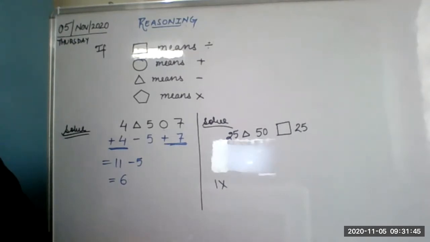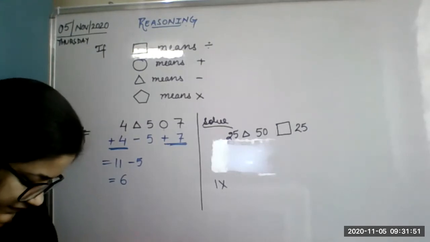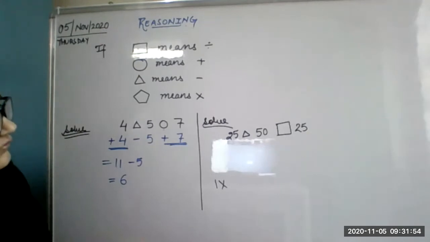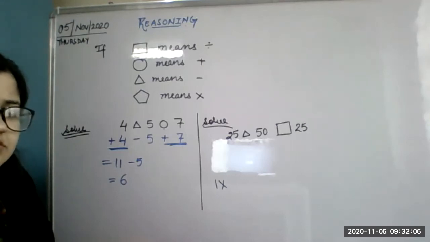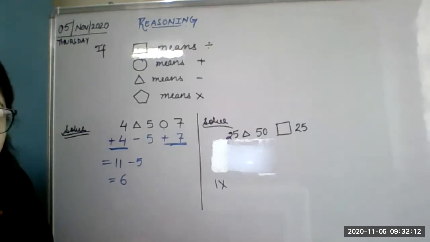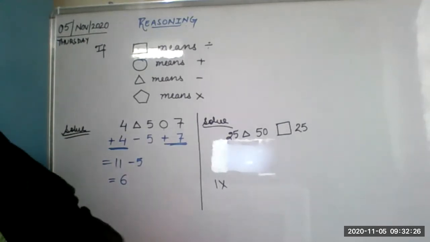Ma'am, the answer is 29. No, you are making a little mistake, beta. Not 29. Ma'am, the answer is 22. Who is saying this 22? Lakshya. Yes, ma'am. Lakshya beta, you have done a very small mistake. 21. Just check it. Ma'am, the answer is 23. Very good. Who said 23? Karthik. Very good, Karthik. Excellent, Karthik. Thank you.